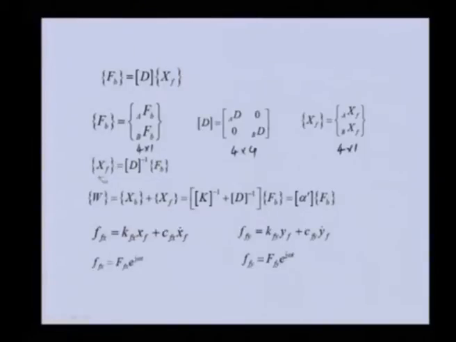Now, this particular displacement is of the pedestal. Earlier we obtained the bearing displacement, so we can add that bearing displacement with this pedestal displacement. So we will get the total displacement, not only because of the pedestal but also due to the bearing. Earlier we related this as K inverse F B, and here we have related X F as D inverse F B. So that we can substitute.